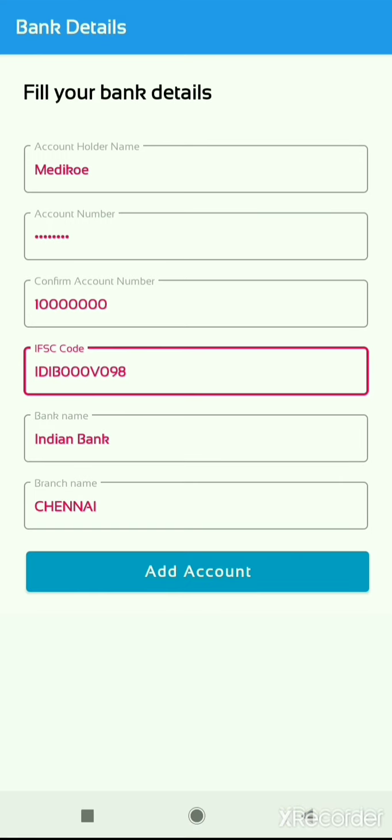Your bank name and branch name will come. It is completely safe to add your bank details with Medico. Click on the Add Account button and your bank details will be updated successfully. And for any edit, you need to email us at partner@medico.com.